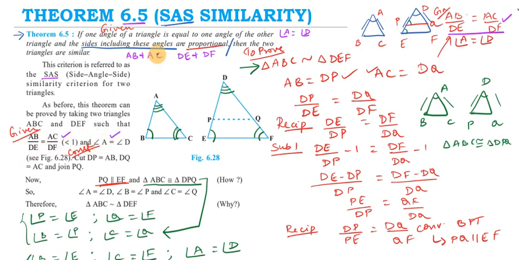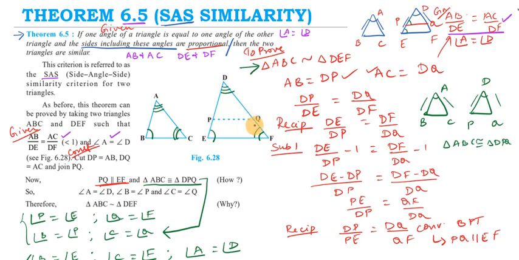That these sides including the angles are proportional, and one angle and the other angle in both the triangles are going to be equal. Now what is the construction we are doing? We are going to cut DP in such a way that DP is equal to AB. Also DQ in such a way that AC is equal to DQ. And then we are going to join